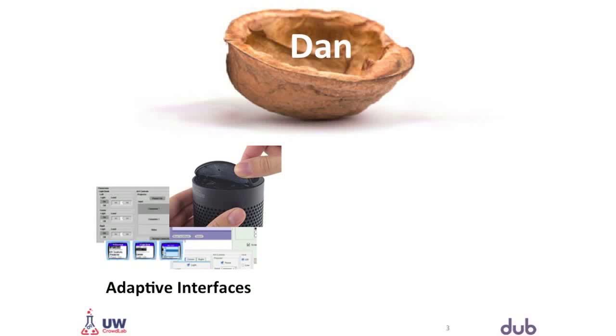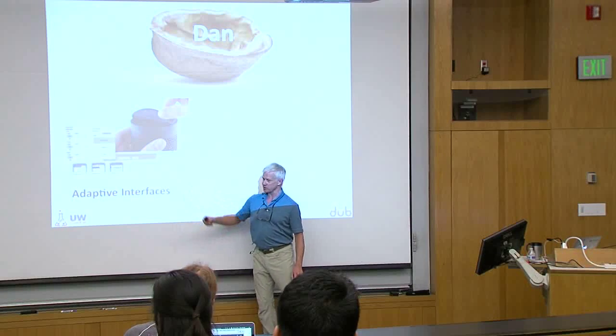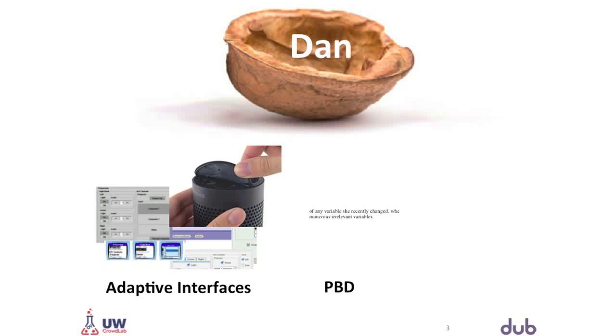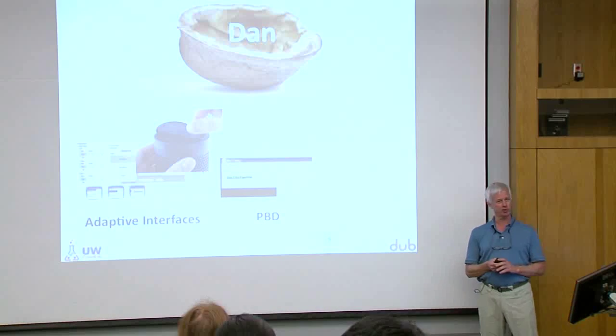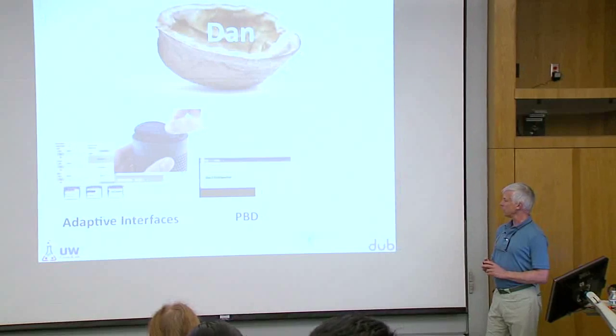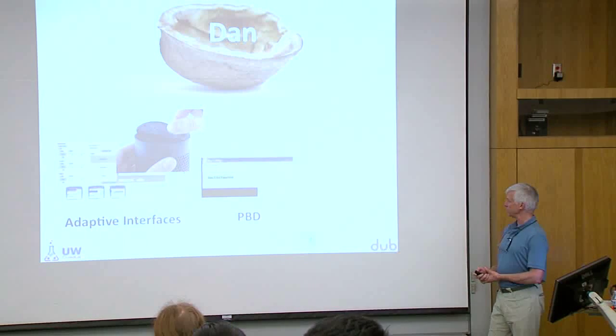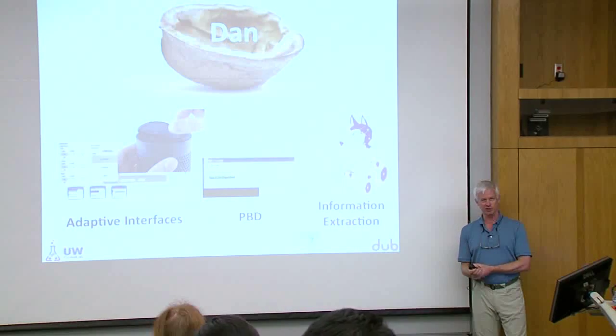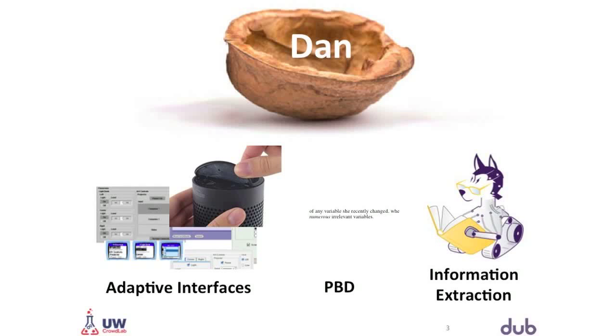Over the last 15 years, I've done a lot of work on what may seem like disparate topics. There's a fair amount of work, especially with Christoph Gaius, on adaptive interfaces, work with Tessa Lau and Jinheng Chen on programming by demonstration, how to actually automate routine tasks and get computers to basically be easier to use, and also quite a bit of work on information extraction, where the objective is to build a big knowledge base that can be used for answering questions.